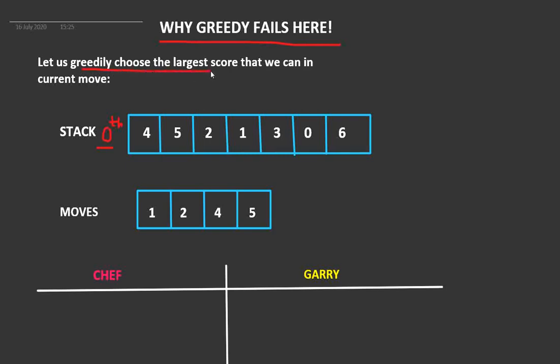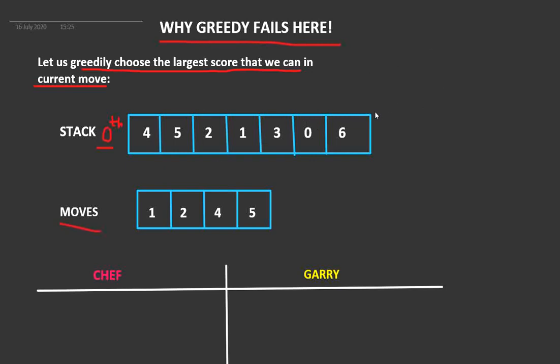So the greedy approach here would be to choose the largest score that we can in the current move. That would be achieved by choosing the highest value from the moves array which we possibly can choose. We have to keep in mind that the number of jumps should not exceed the length of the given array.